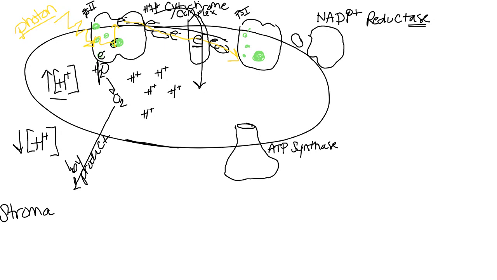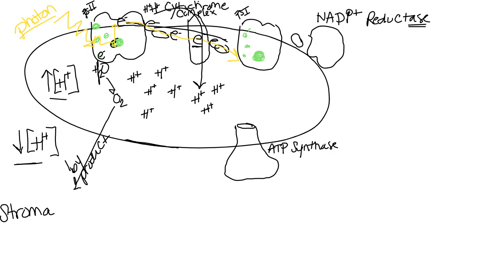So that continues to provide this huge concentration of hydrogens in here, and that keeps a low concentration out in the stroma. The concentration outside, in the stroma, remains low. Inside of the thylakoid, it remains high. Now, remember,